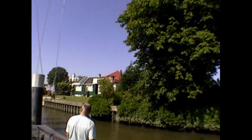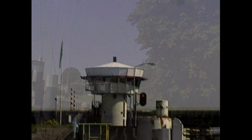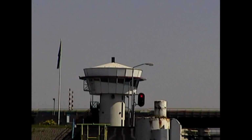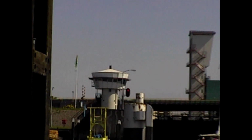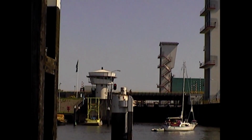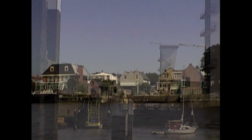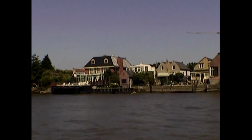And while we're waiting we can look at some of the very pretty houses around here. And we're waiting for the man in that tower to make up his mind that it's time to switch the red light off and give us the green. We may have to wait for some time. Finally we get through, and we're on